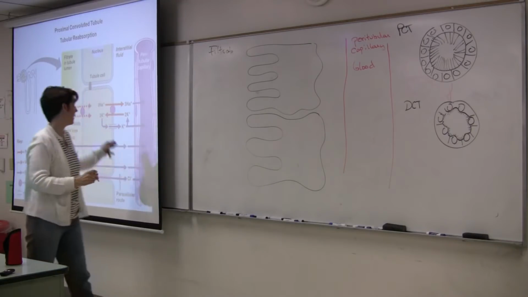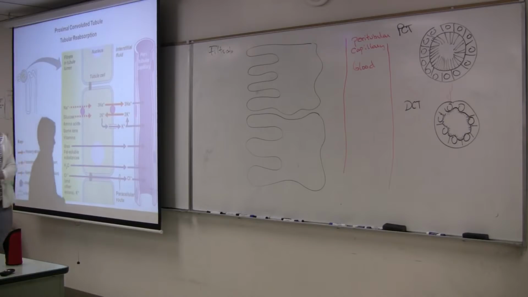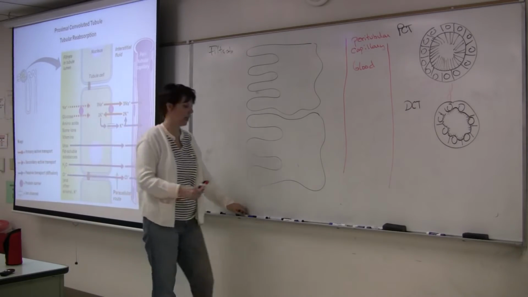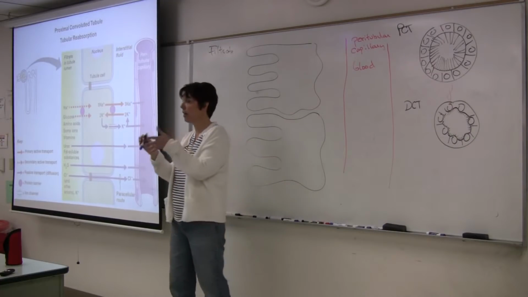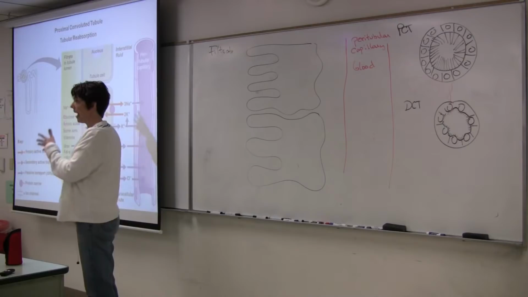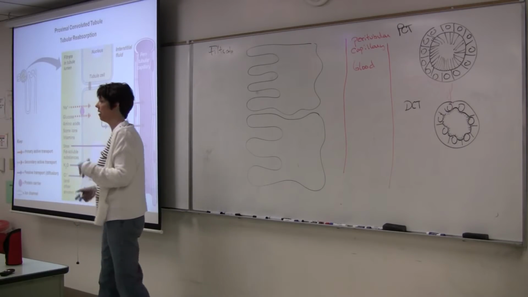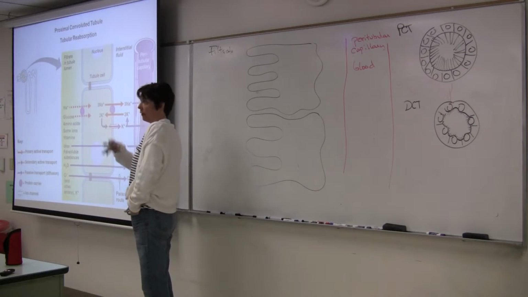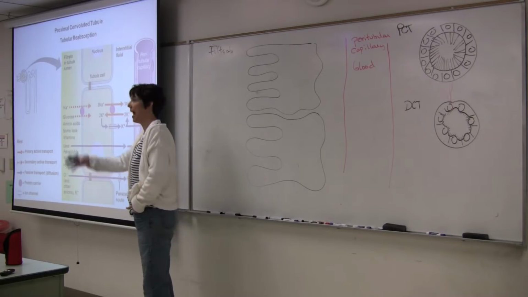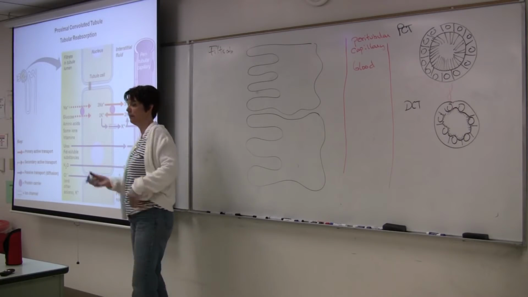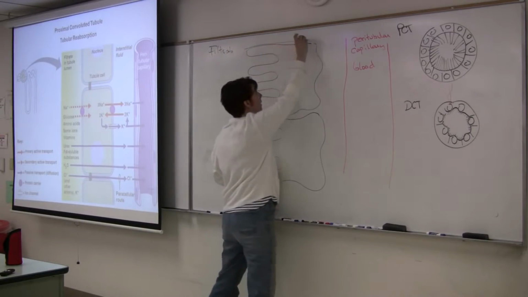Okay? So I'm just kind of redrawing what's on the board. Now, reabsorption refers to the direction of the movement of particles, all right? So when particles move from the filtrate and go back into the peritubular blood, now we're going to have, in our distal tubule or even our nephron loop, less of these particles in the filtrate than we do in the blood, because we took them out of the filtrate and we added them back to the blood, okay? So that direction of movement from filtrate to blood